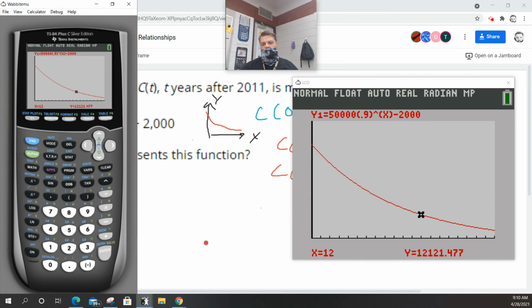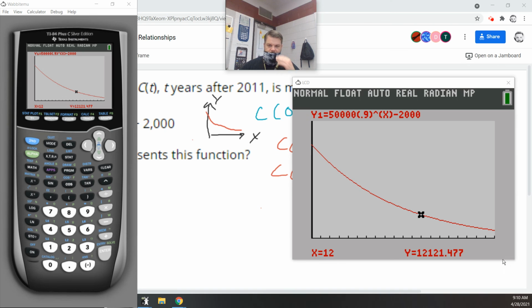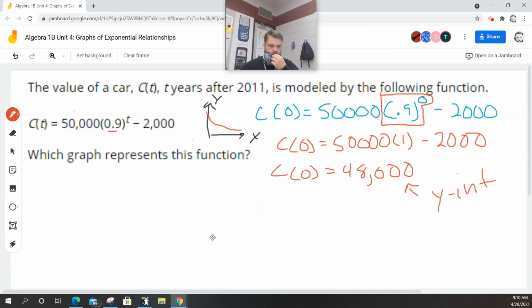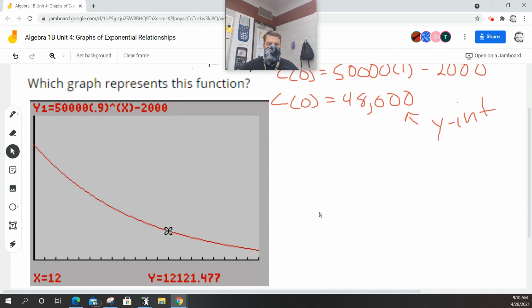It's about 12,000. That's a little clue on how you can figure out the right answer. I'm going to take a screenshot of this. When you go to do this problem online, there's a clue. When x equals 12, y equals 12,000 or close to it. And don't forget that my y-intercept occurs at 0, 48,000. One we solved algebraically, one we solved